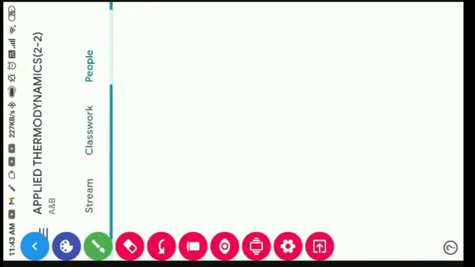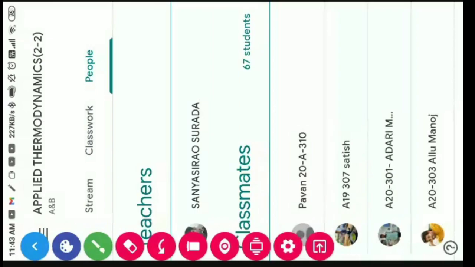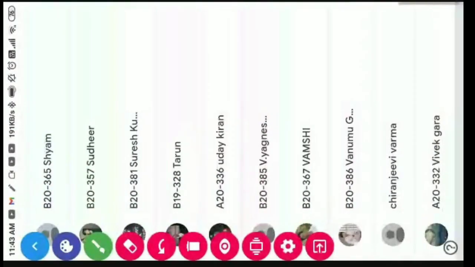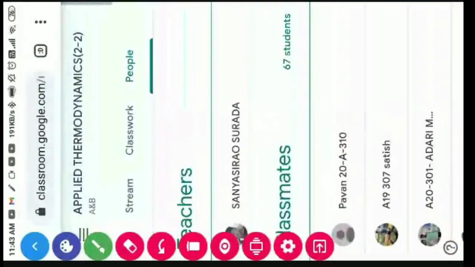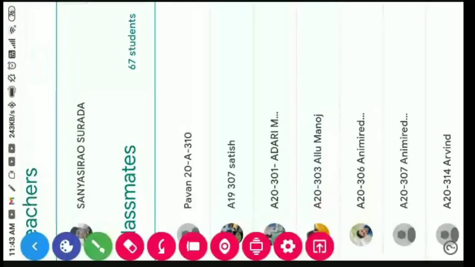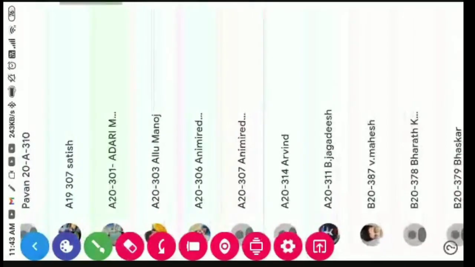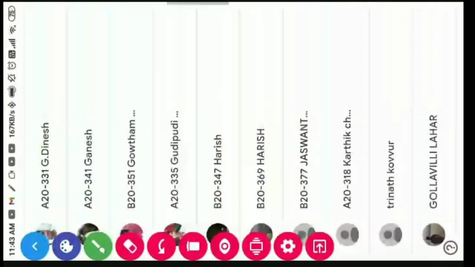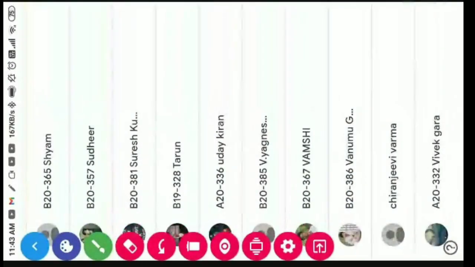Under people, you can check how many have joined here. Still some of them do not have the correct format of account. For example, Rak Manoj and Chiranjeevi Varma, I suggest please change your account as per the format given.